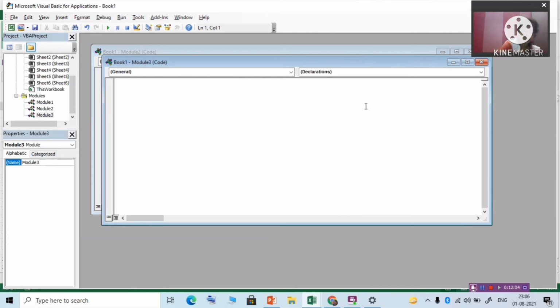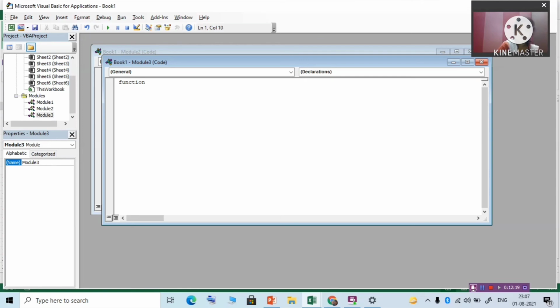And here you can write Function. Function is a keyword, a reserved word which is used for a purpose. Function is a small program that will be executed. Clear?